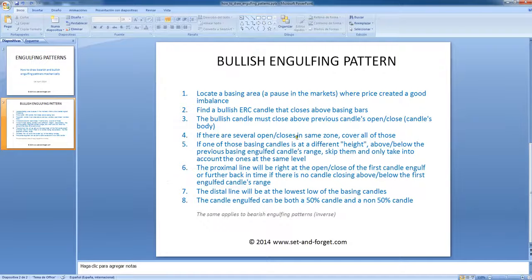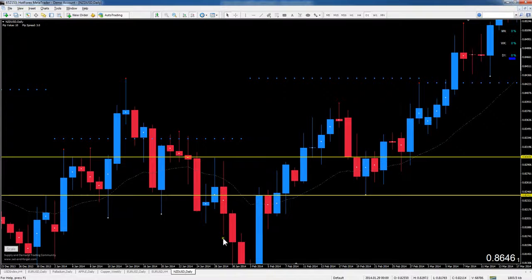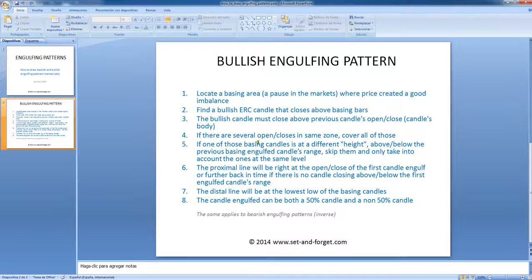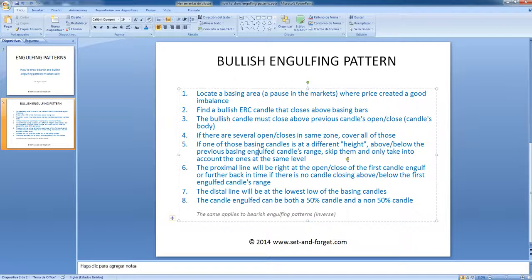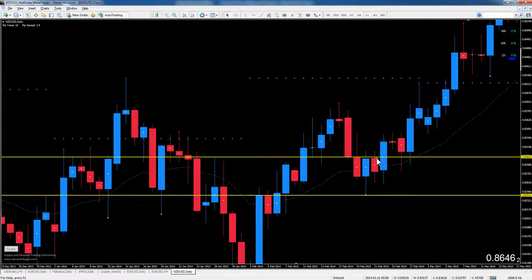If there are several open closes in the same zone, cover all of those. Okay, same zone. But also, if one of those basing candles is at a different height, above or below the previous basing engulf candle's range, skip them and only take into account the ones at the same level. That means that we locate the engulfing pattern, here: drop, base, rally. This candle engulfs this candle over there